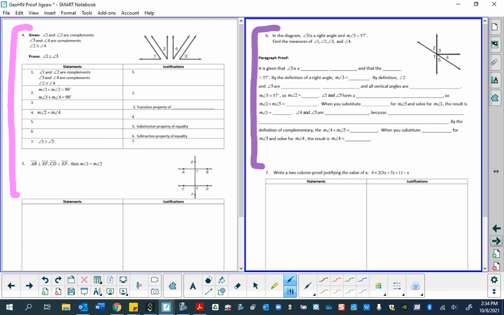Okay. So here's the deal. This is supposed to be an activity that we do next week, but since I will not be here, I want to explain to you the activity now so that you can do it with the substitutes. Sound okay? Okay. So this is what we're doing. By the end of next week, all of these proofs in this packet will be filled out and complete. You're responsible. You are having a quiz the next class that we have